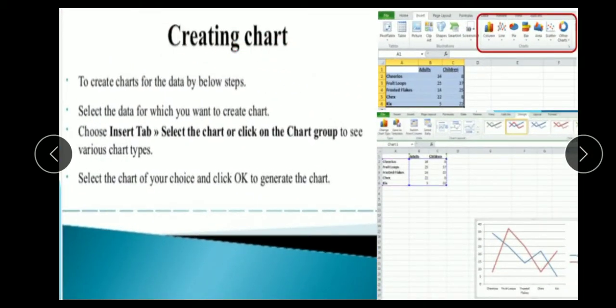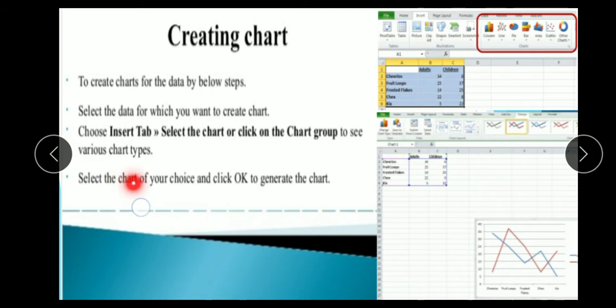Now creating a chart. How to create a chart? To create a chart for data, follow the steps below. Select the data for which you want to create a chart. Next step, choose the insert tab. Select the chart tab, click on the chart group to see various chart types. When you click the insert tab, here are the various chart types. There are so many chart types.